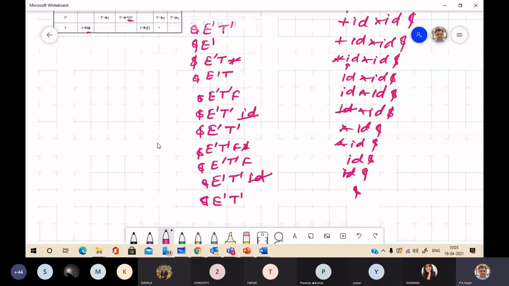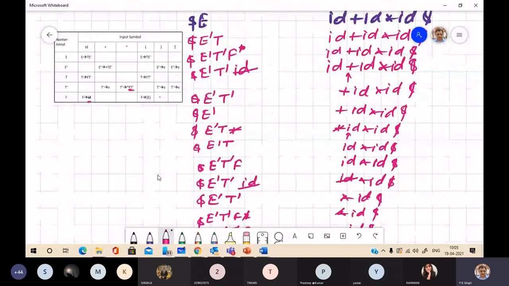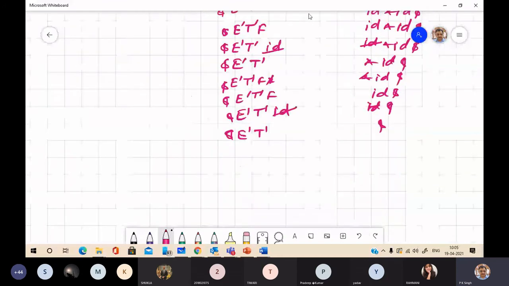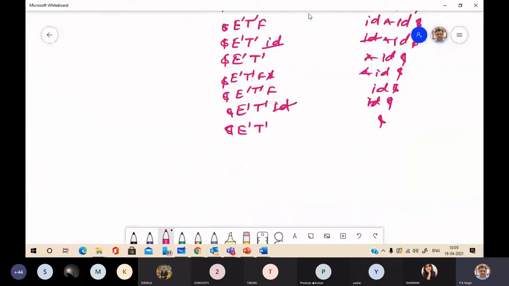T dash and dollar, T dash to epsilon. Means T dash is popped out and we push in the right side of the production, that is epsilon. Nothing to push in. You will get $ E dash here, $ in input.